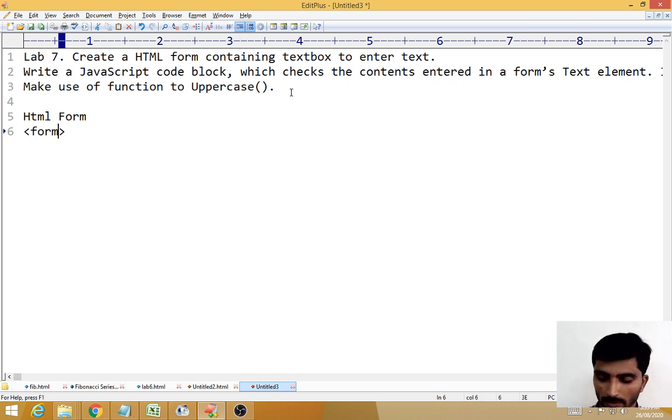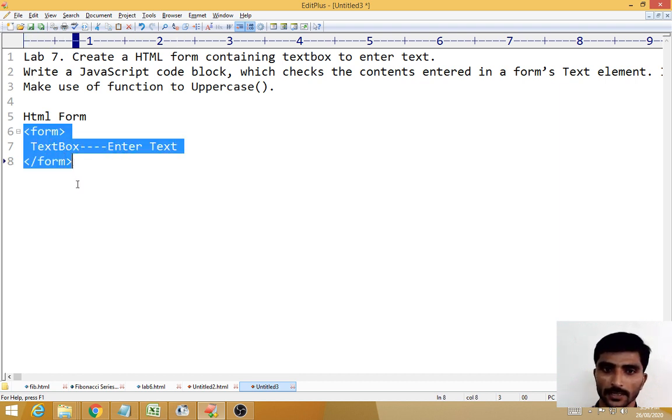form tag, okay, using the form opening and closing tag we are using. In that we are writing the form controls for the form. That form contains one text box, right? We are writing one text box like this, okay. So to enter text in this text box, what you have to do, you have to enter text. Which type of text you are entering, we will see. So this is the HTML code we have to design like this, okay.